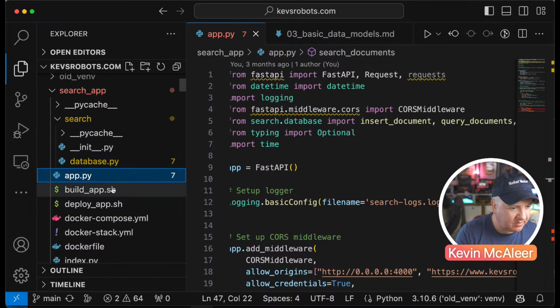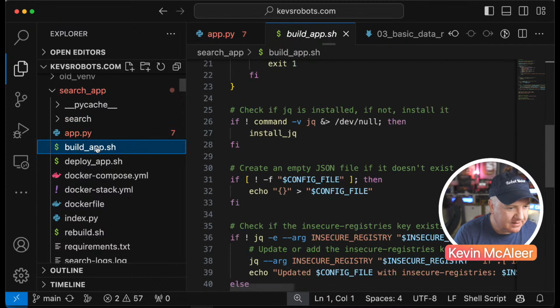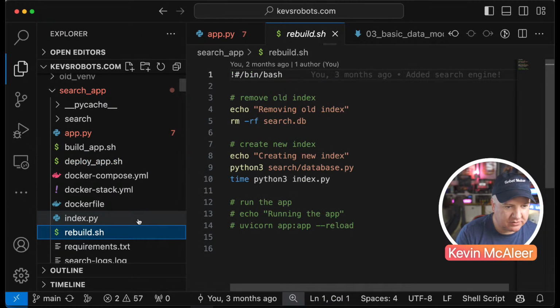So let's have a look at some of the other things we've got in here. We've looked through the search folder and the database. We looked at the main app.py. So I've got this build app, deploy app, and rebuild shell script. This shell script is my way of just flattening the database, deleting the old one, and then recreating it. So we actually just remove search.db to remove it,